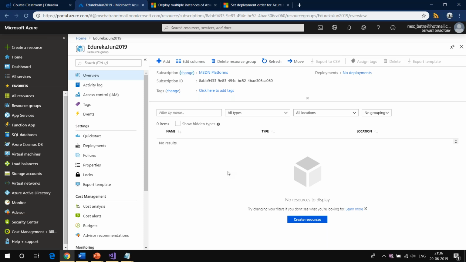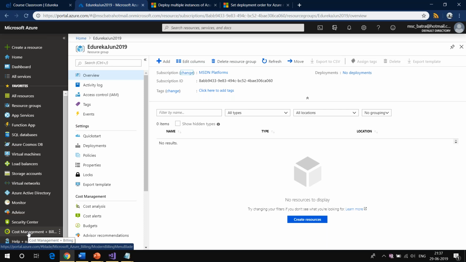Tomorrow when you get the bill, you can easily figure out not just the bill, but even live, you can go to the cost center and see how much you are consuming in the dev resource group, in production, and in the UAT resource group. That can help you in budgeting and in cost management as well.